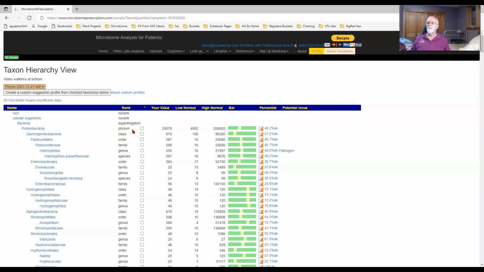Underneath the continents, most continents have countries in them. Within the countries, we may have states. Within the states, we may have counties. Within the counties, we may have towns. Within the towns, we may have neighborhoods. And inside the neighborhood, we have individual streets. So it's the same type of hierarchy. The total here is the sum of the census of everything underneath it.